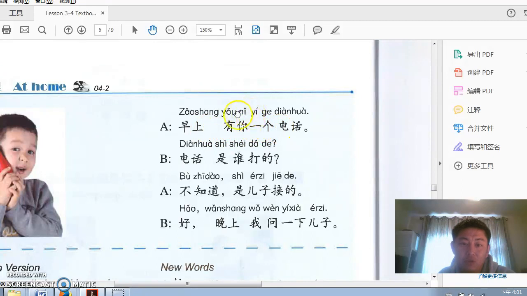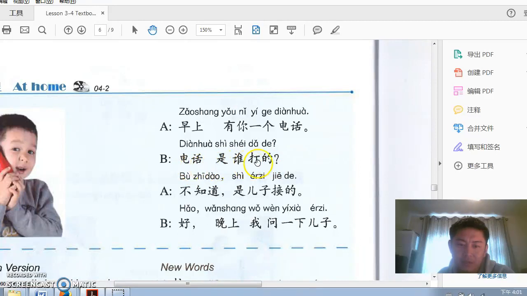What kind of phone call? Your phone call. So this 你 I think should be a 你的, right? So 你的一个电话. Right. So that's what it means. 早上有你一个电话. And B says 电话是谁？是谁打的？